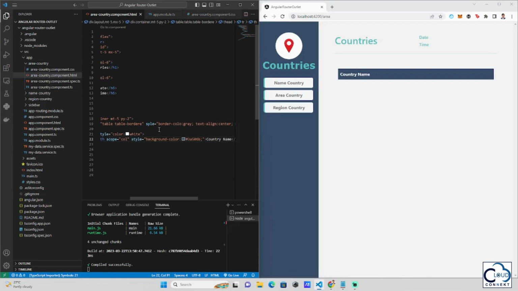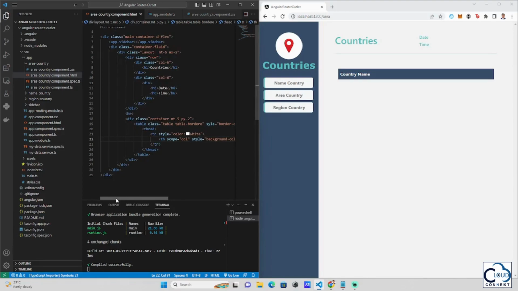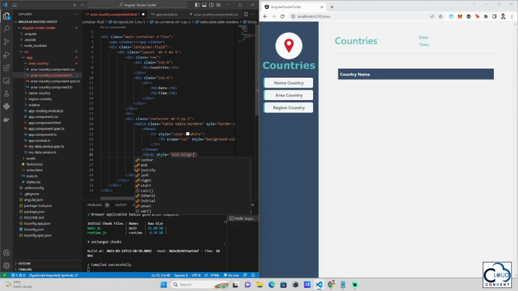Then we save it. As you can see, the name of our table is now reflecting, and then after our table head we're going to create a table body. Then we save it, and then we're just going to add a style of text align center. Then we save it,